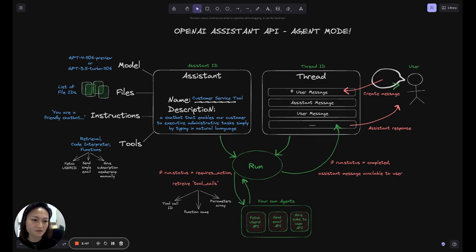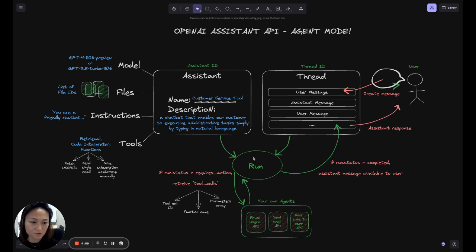And so that message would be run together with the assistant. And unlike the retrieval mode where it would run and then it will complete, and then you will find the message inside the thread, which you can read out and pass it back to the user,